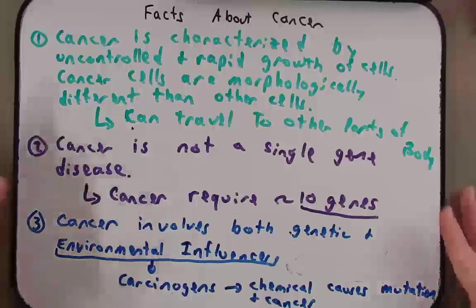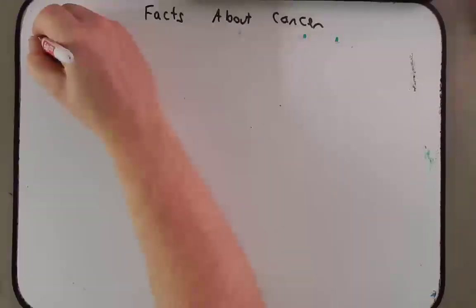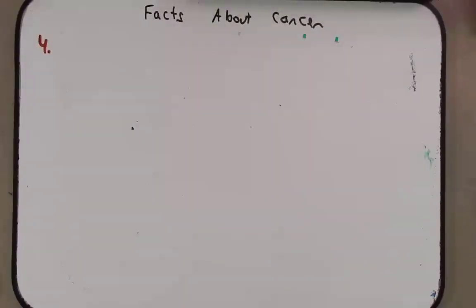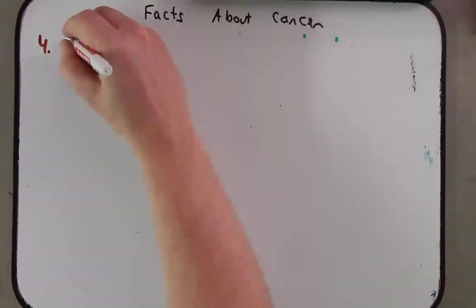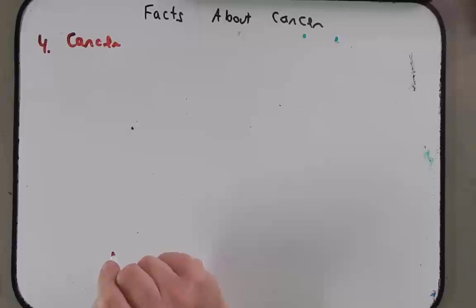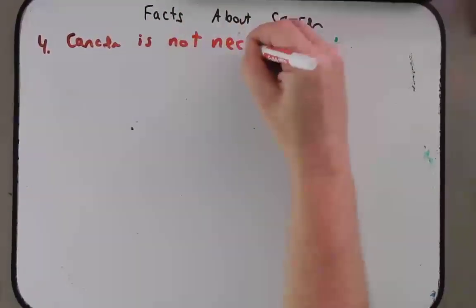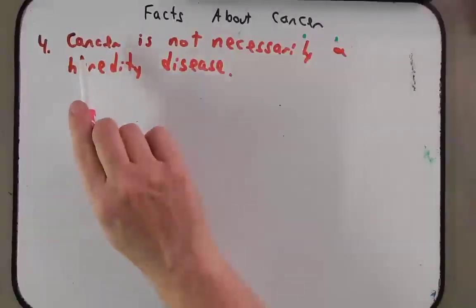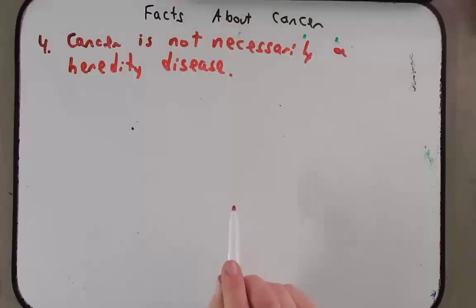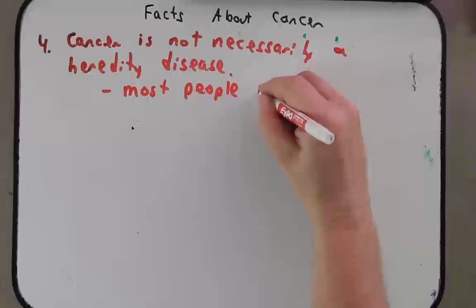Okay, next I'm going to erase this so I can make a few other points, and I'm going to begin on this next whiteboard talking about the inheritance of cancer. Now, in the last slide, we said that there is a genetic influence, that genes get mutated and that can lead to cancer. However, that doesn't necessarily mean that cancer is a hereditary disease. So what I want to say here is cancer is not necessarily a hereditary disease. So what do I mean by that? What I mean is that most people with cancer